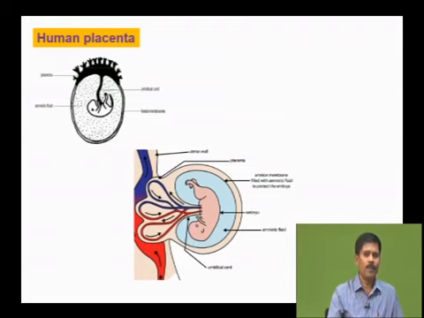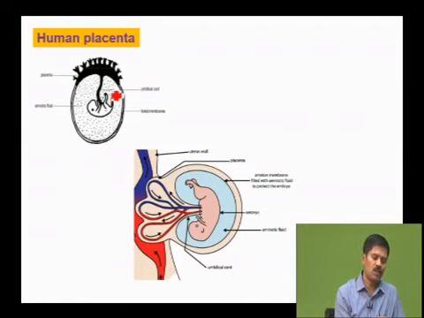The developing embryo demands more nutrition from the mother's side. For that, the mother establishes an embryonic connection with the fetus. The embryonic connection established between the fetus and the uterine wall is called placenta. Therefore placenta can be defined as an embryonic connection between the fetus and uterus for the purpose of physiological exchange of